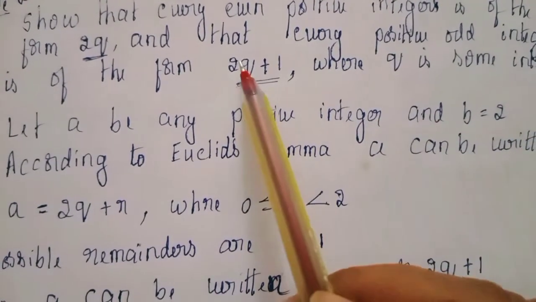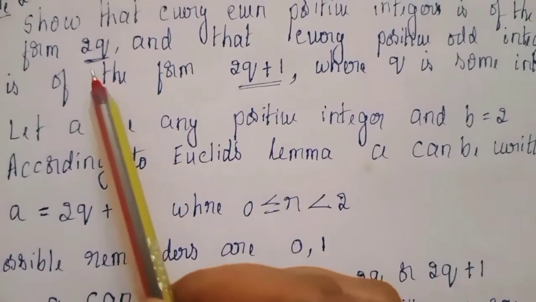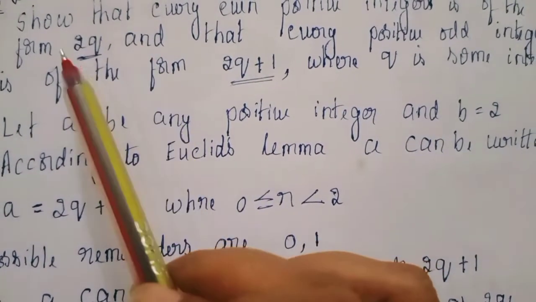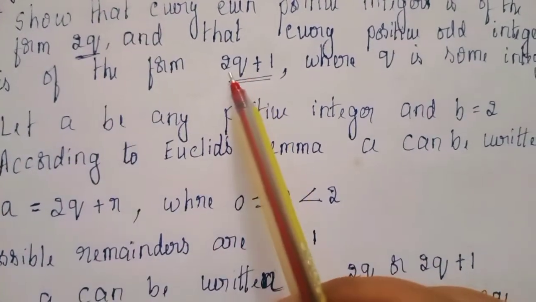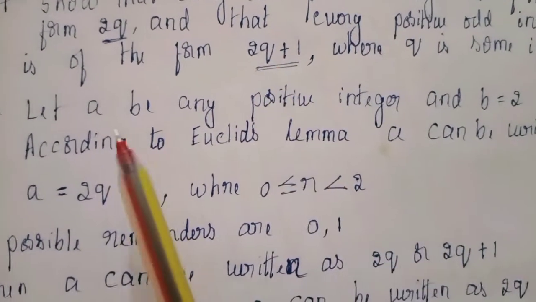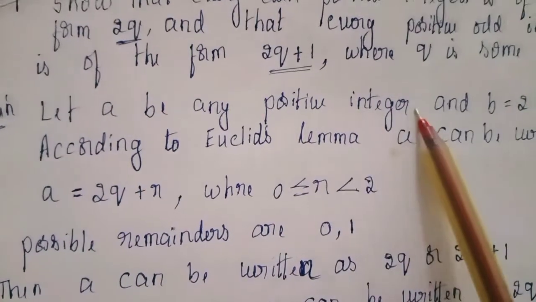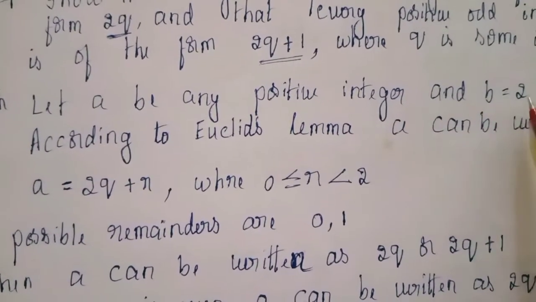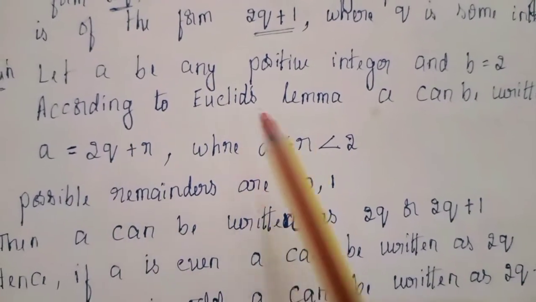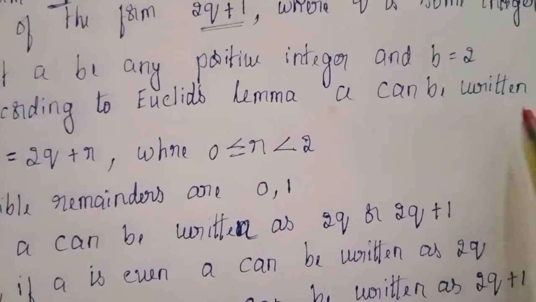Just now I told you why b is 2: because the form is bq plus r, so in place of b you have 2. Here also you can see 2q plus 1, and in place of b you have 2. So let a be any positive integer and b equal to 2. Now let us use Euclid's lemma. According to Euclid's lemma, a can be written as